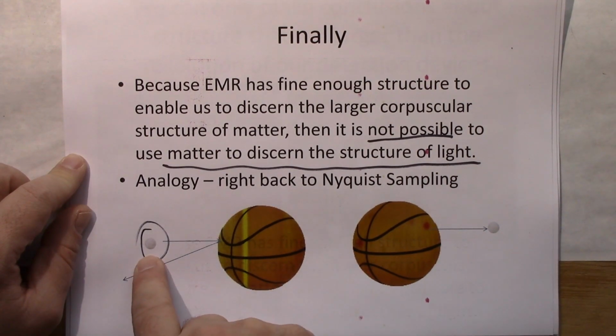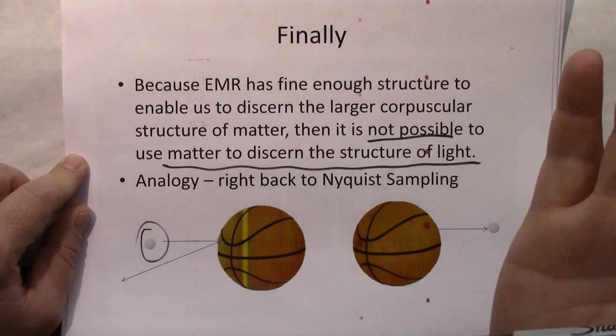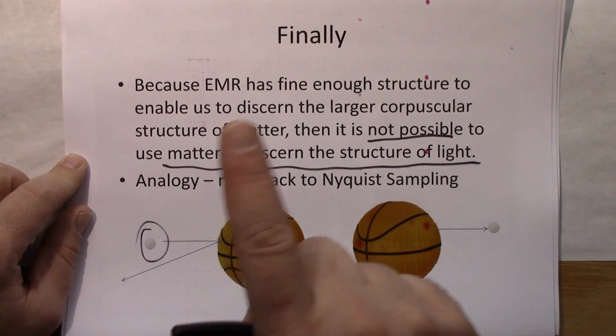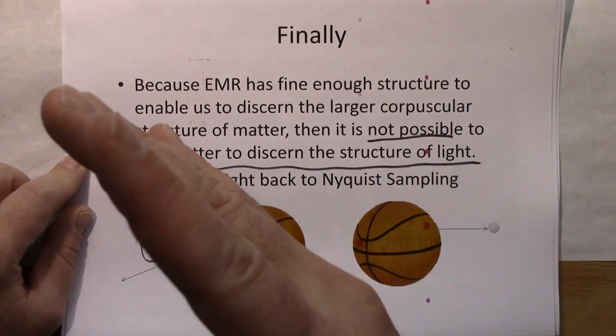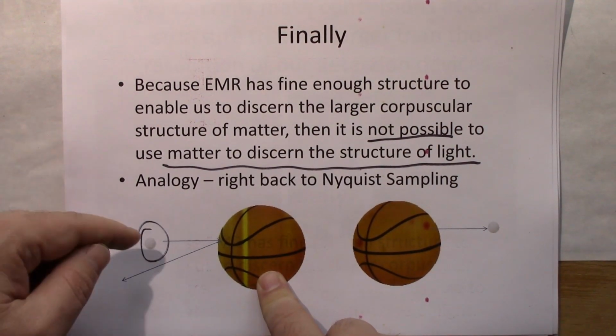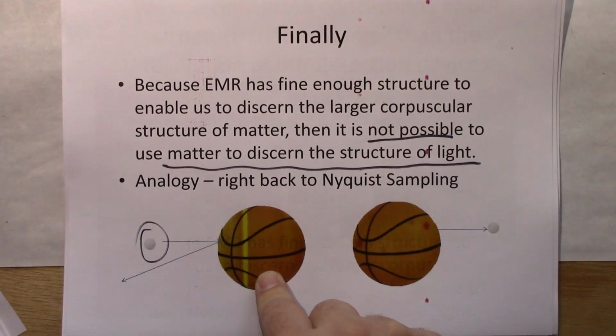But if you had very small particles of light, let's say light were made of photons, well, you could take that light and bounce it off the basketball and eventually shoot enough pieces of ping pong balls around, and even though you couldn't see the basketball itself, you would be able to see where the ping pong balls bounce off of and be able to take a good measurement of what you're trying to discern. And that's what we do pretty much with X-ray crystallography. But again, I don't believe in photons.